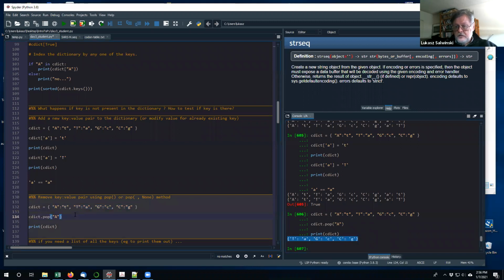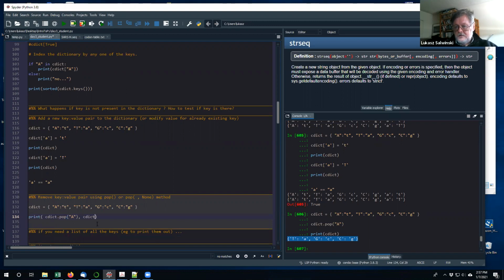Okay, if you want to learn what was actually popped out, it's gonna be the same thing as with popping out an element at a given position with lists. You can just see what pop a returns. So we can actually do print, and then print C dictionary. When you've got a function call like this with more than one argument, the arguments are processed in a sequence. So what happens when we're calling the print function is the interpreter will first